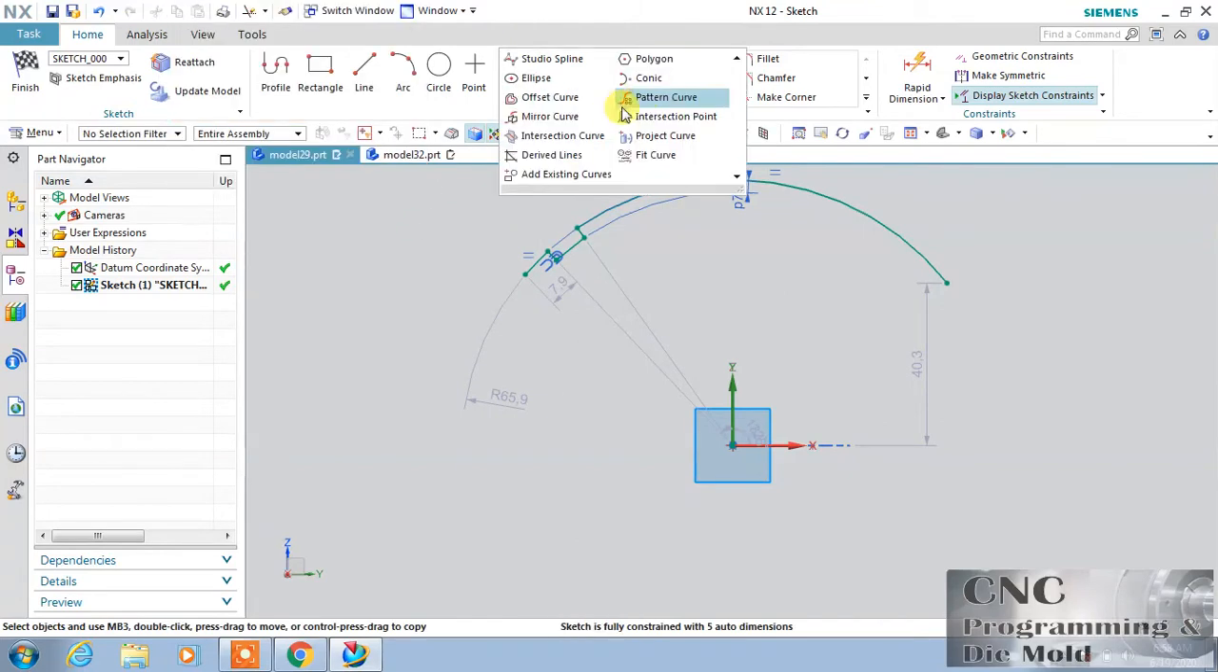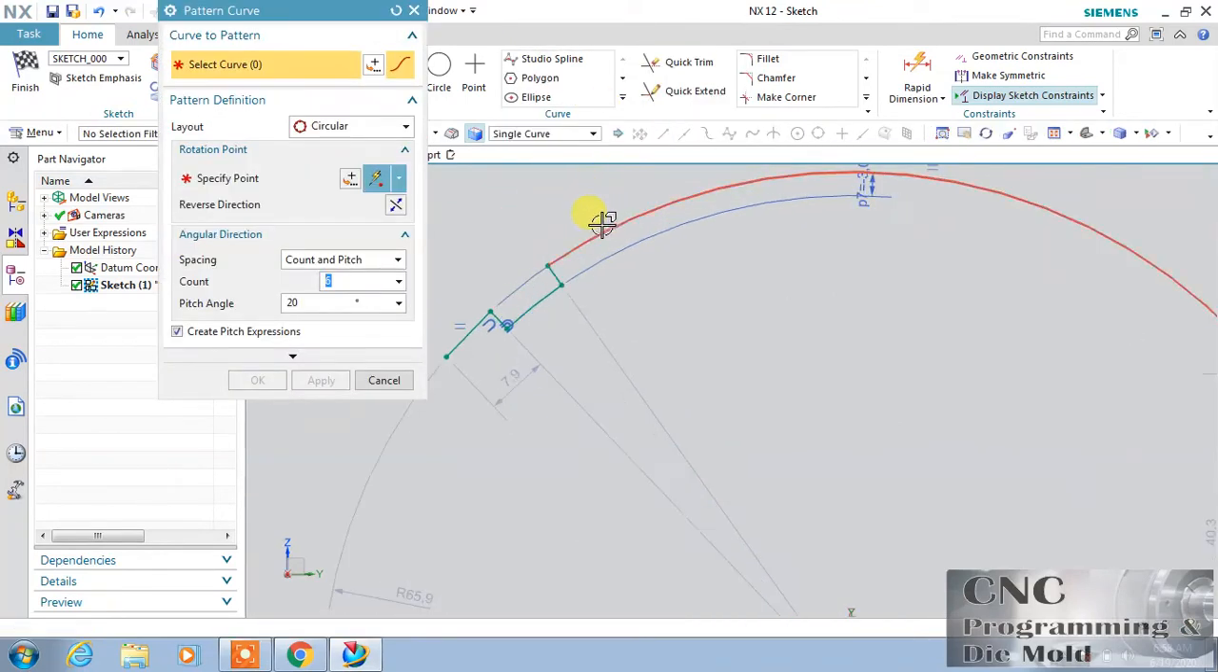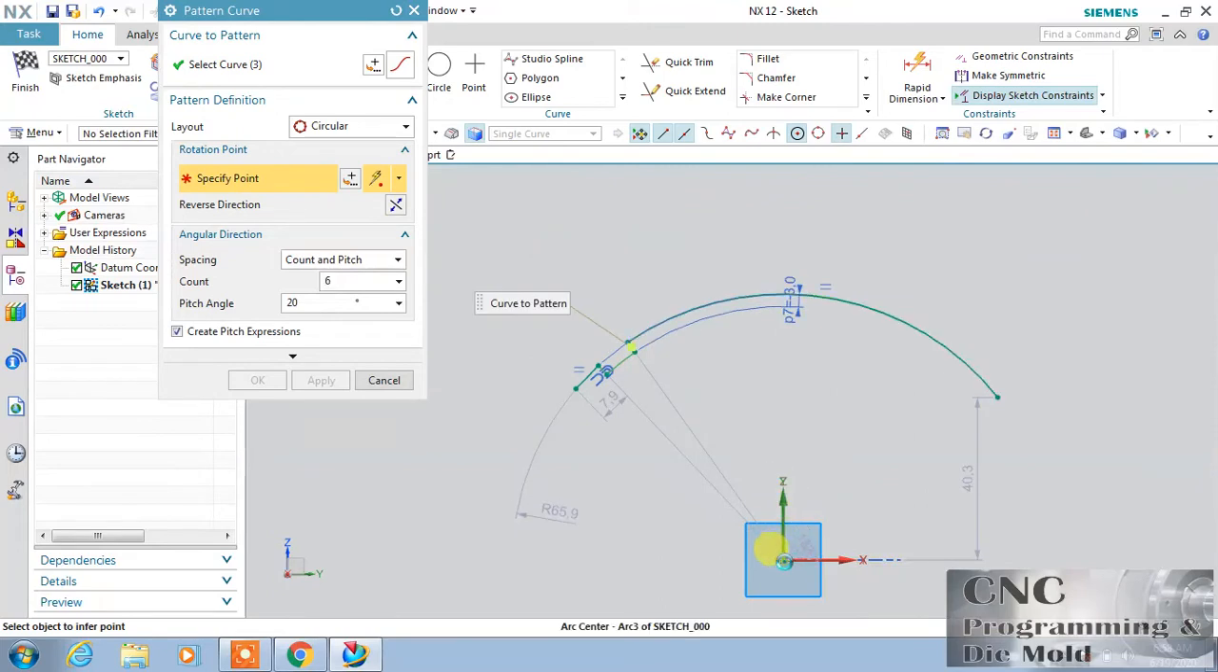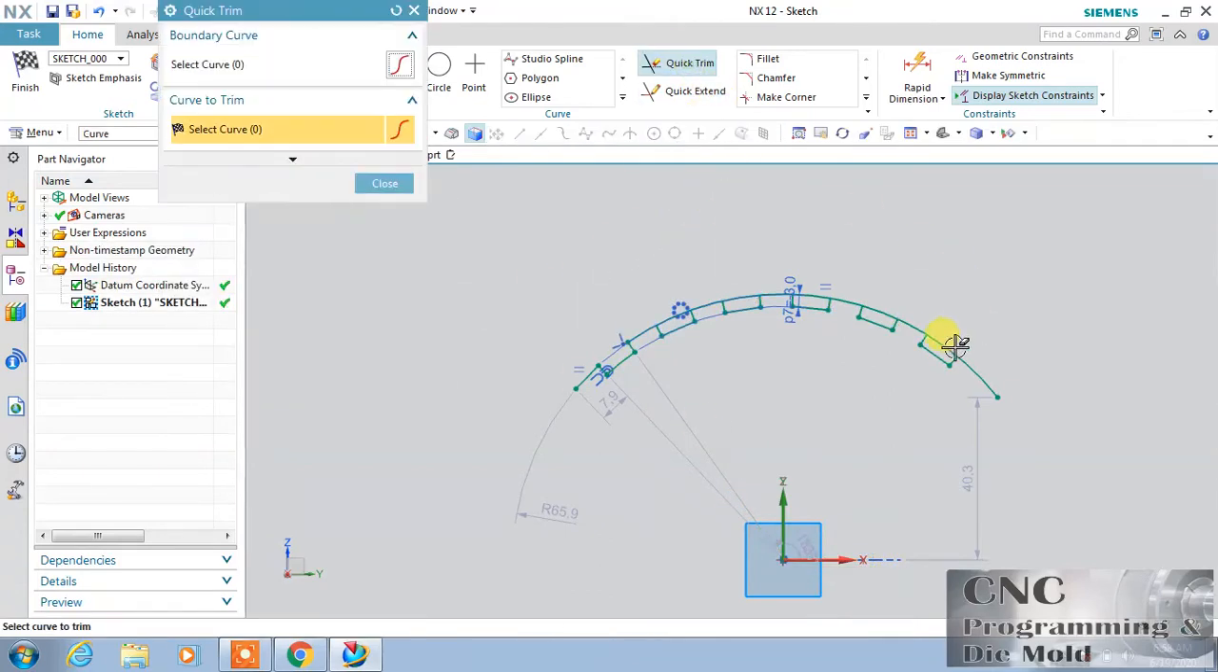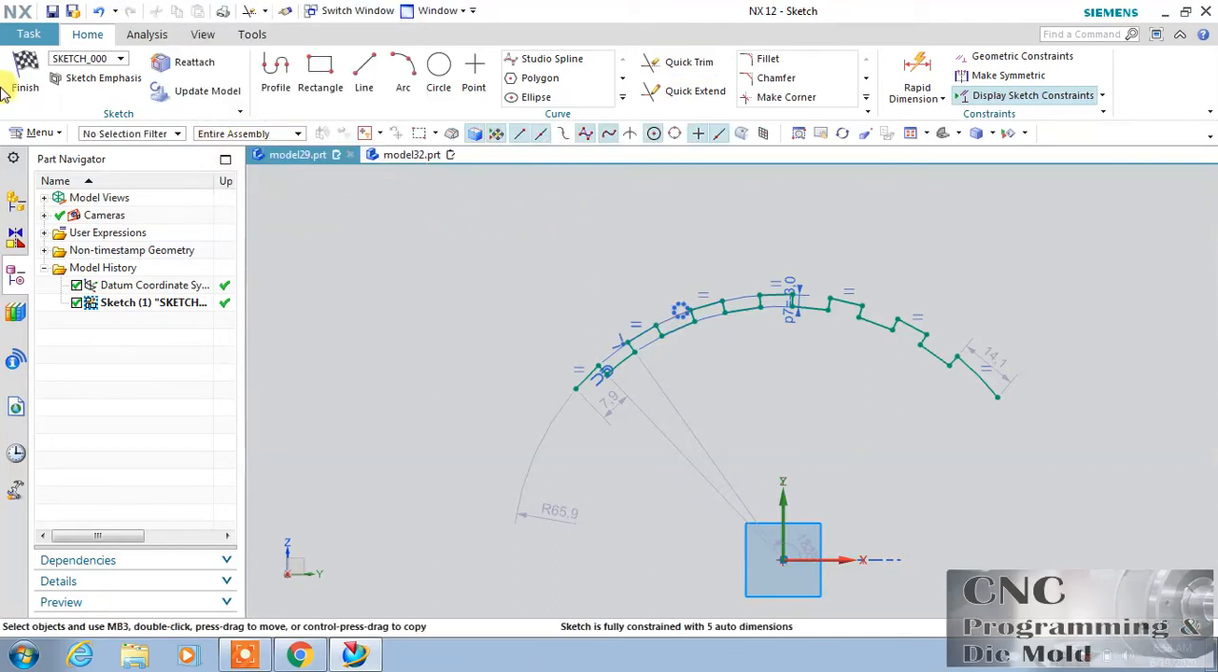Now I will pattern this. I will choose this circular. I specify the center point. This is the center point, and reverse the direction, and I will change this and click OK. Close, finish,